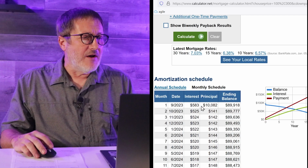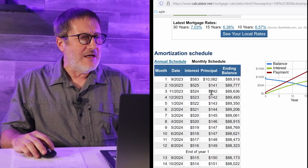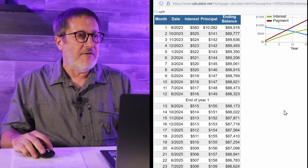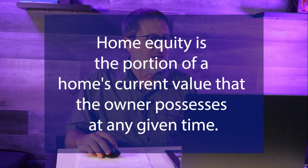your loan period. And each and every month, remember in the beginning where it was like 80-something dollars, by doing that one $10,000 payment, now each and every month you can see how much more is being reduced. Even if that's the only thing you ever do, those numbers are quite a bit higher and you're gaining a lot more asset value or equity in the property as you go along,